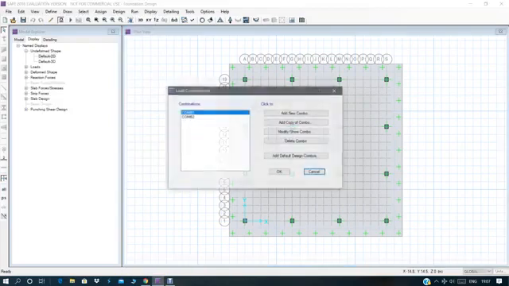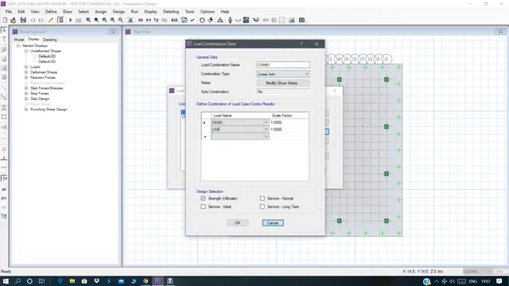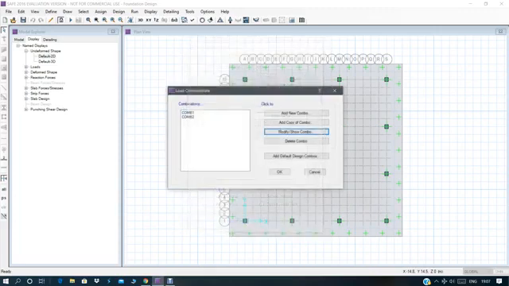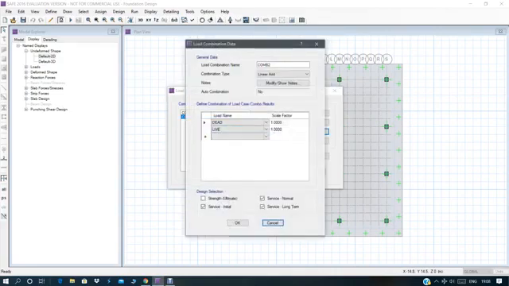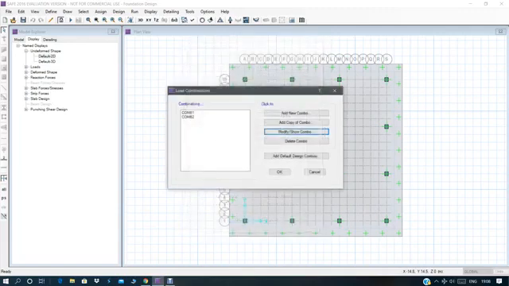Then load combinations. There are two types of combination as per IS 456. Ultimate load combination, which is combination 1. In ultimate load combination, the scale factor for dead load and live load is 1.5 respectively, and here strength ultimate design selection. In combination 2, that is combination for serviceability, the scale factor for dead load and live load is 1 and linear combination type. And here in design selection you have to take all service normal, service long term and service initial.